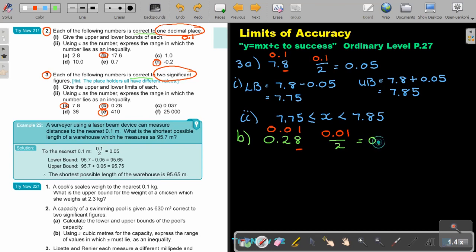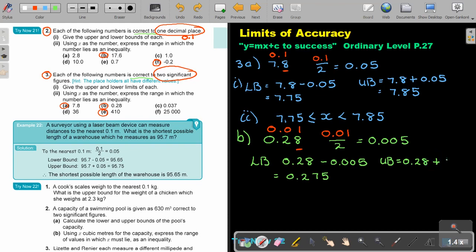And I will get 0.005. Okay. So basically I'm going to find my lower bound by saying 0.28 plus 0.0. No, let's first always do subtract. Subtract 0.005, and that is going to give me 0.275. And I'm going to find my upper bound and say